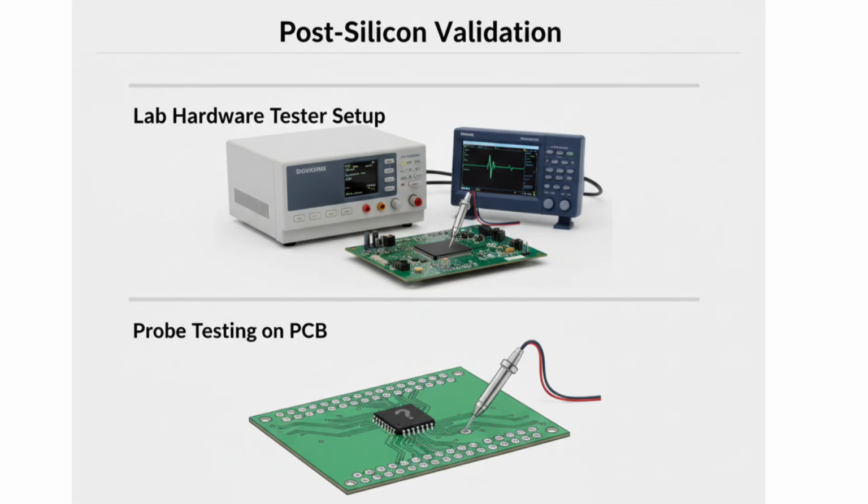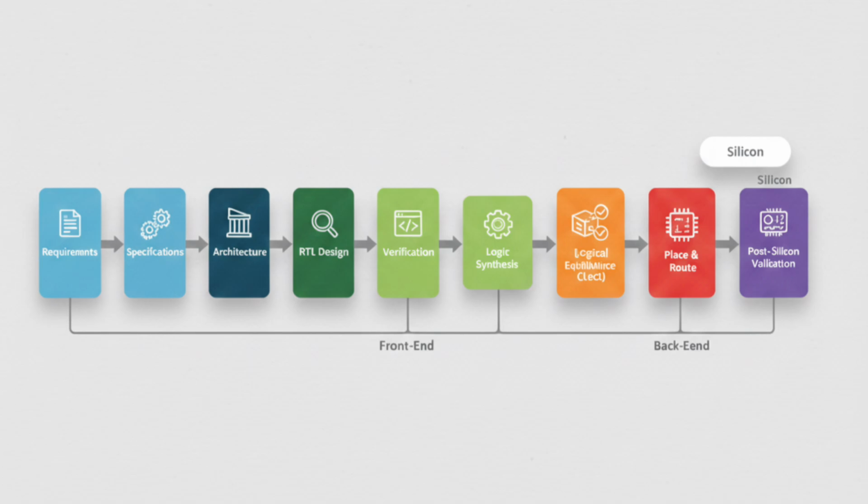Then comes stage 3, which is post silicon validation. Once the sample chip comes back from fabrication, it's tested again, but this time on real hardware. Validation engineers run test patterns on the silicon. The challenge here is you can't see internal signals. Millions of cycles run every second. Debugging is much harder than simulation. If bugs are found here, then the RTL must be fixed, and then verification repeated, then synthesis, and then placement and routing, and then fabrication again. So the whole process starts repeating in a logical way.